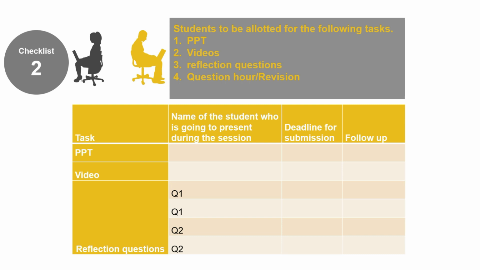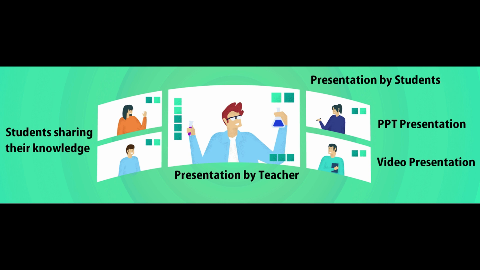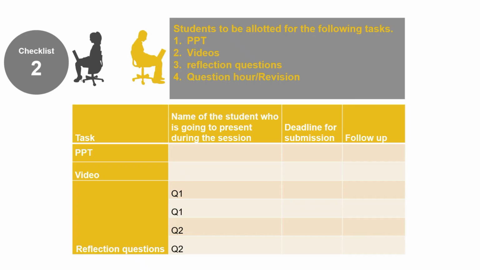And you can find some of the students and give them some reflection questions, in the sense the questions which really make them think and answer. It should be an open-ended question. So you can give that kind of questions to some of the students and they can answer during this session. So you need to choose the students who are going to participate in online teaching along with you to make the session more interactive. And whenever you choose the students, you have to inform their role well in advance to those people, so that the students will get ready with their own preparation.